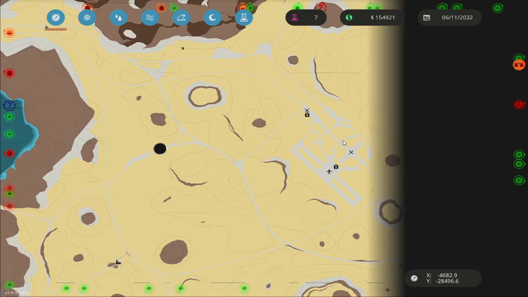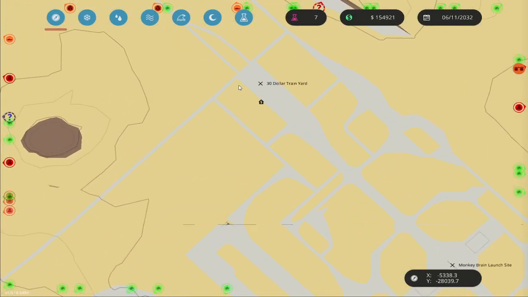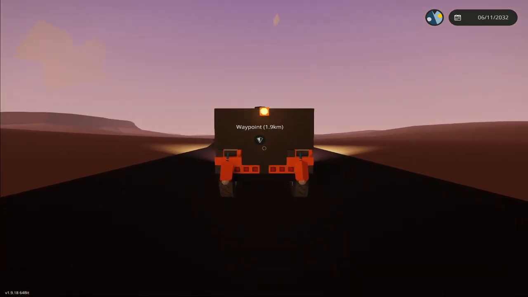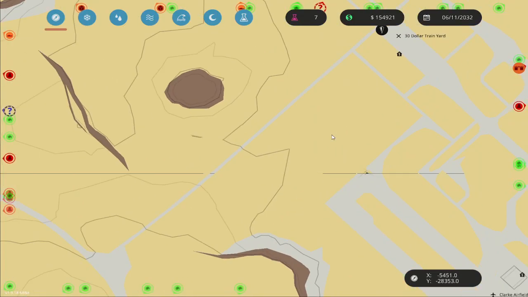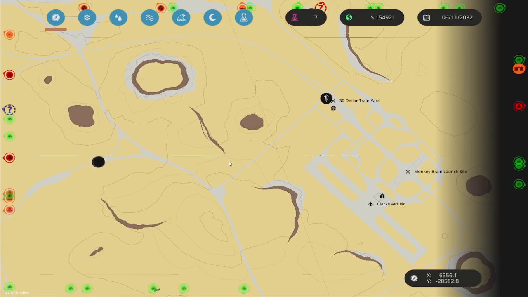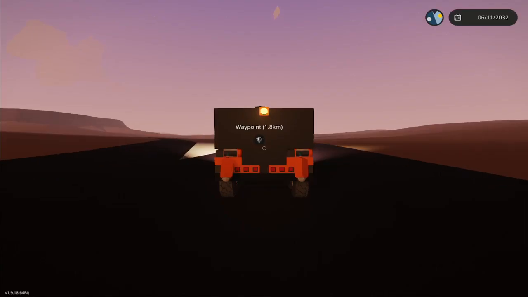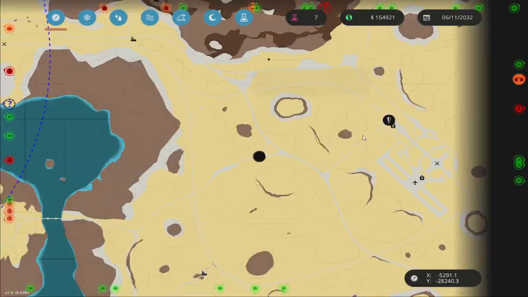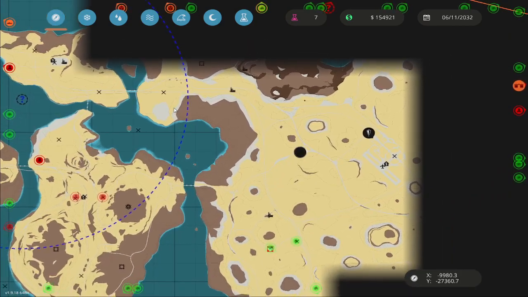Holy moly. Oh, yeah, look at that. There's two. There's a property there, and there's a property there. Okay, so that's the train yard. We'll go there first. We'll just stick on this road and then take a left. And then we'll see if I can refuel at the airport. I'll get fuel there. We'll see if they share it, and then...